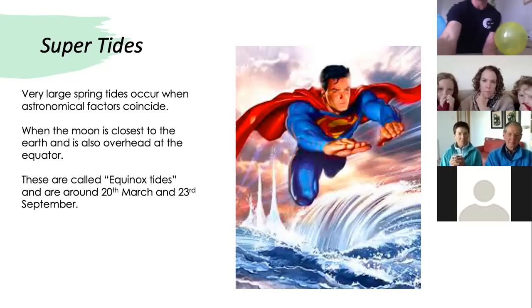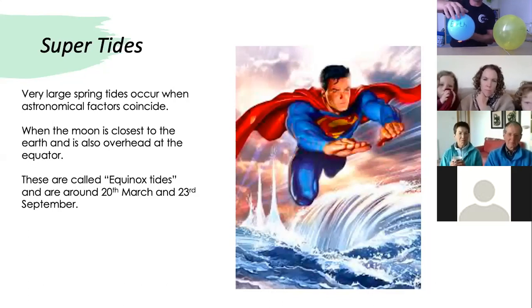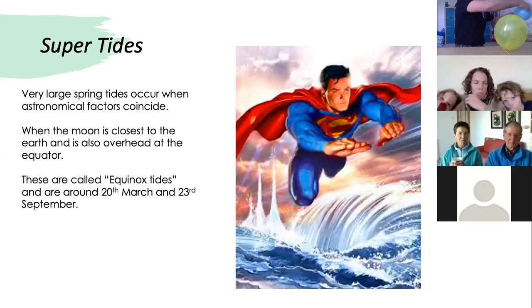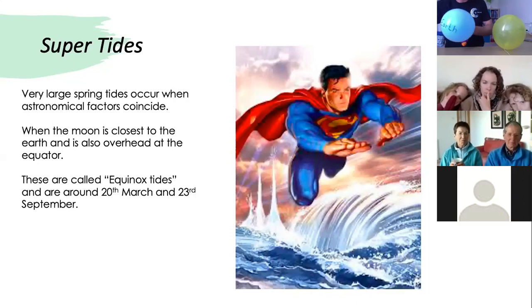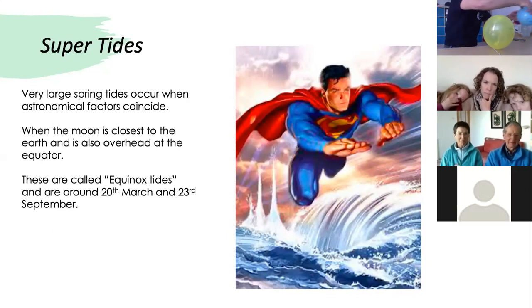And the reason for that is that during the year, it takes 365 days for the earth to go right around the sun. And remember that as it's doing that, the moon is going around the earth like this, but they don't go in a perfect circle. They actually get wide away from the sun, and then they come in closer to the sun, and it goes wide away and then closer to the sun.